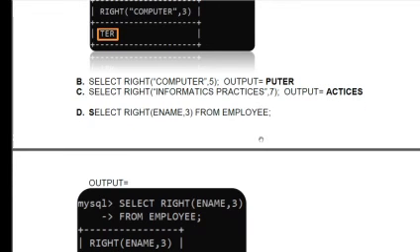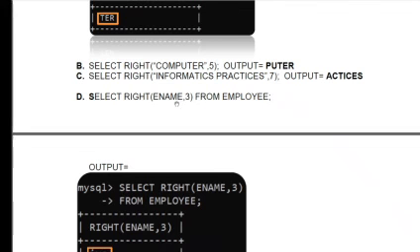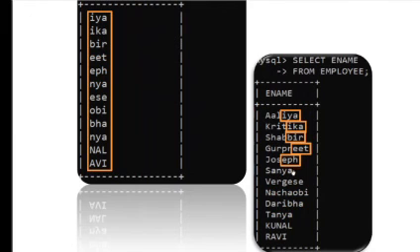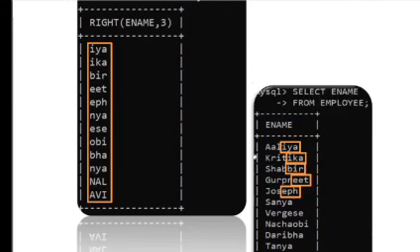Now a little bit more. You can apply the RIGHT function on a table column also. So write employee name, comma 3 letters from the right-hand side of the employee name. You are familiar with the employee data, so it will read the last 3 letters from the employee name. Here in the first example, the last 3 letters are IYA. In the next example, IKA.